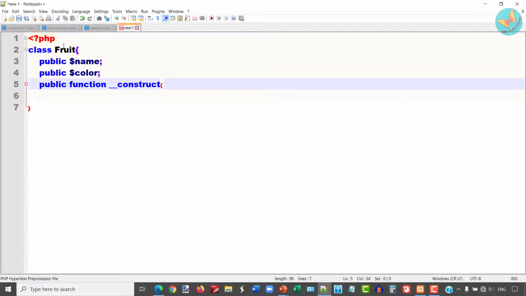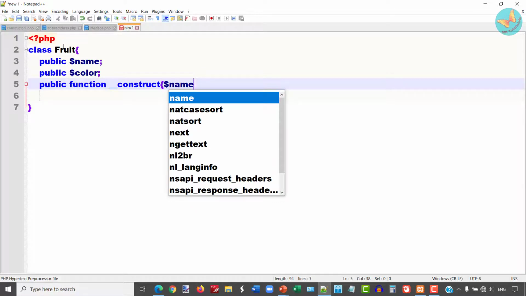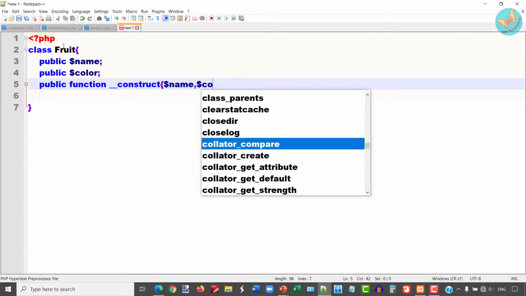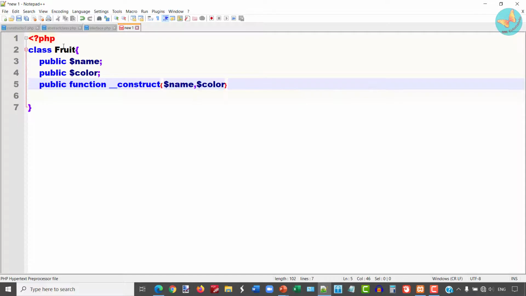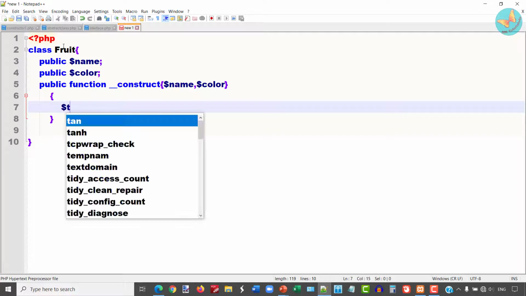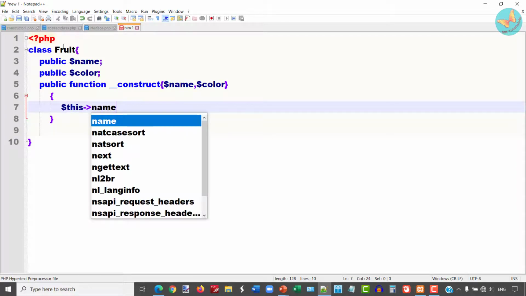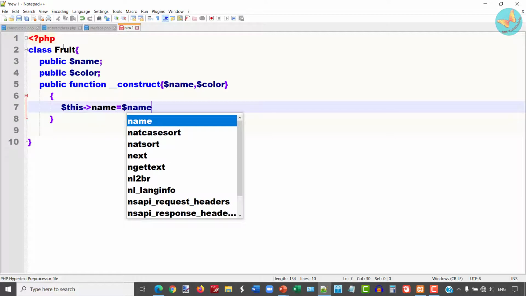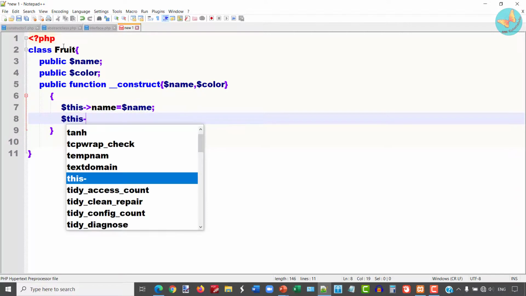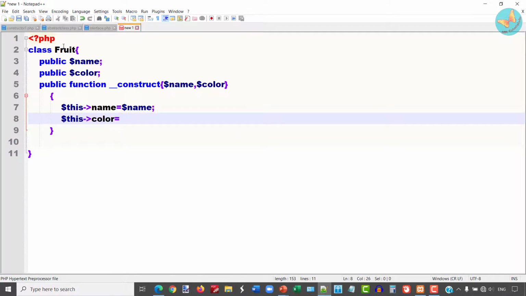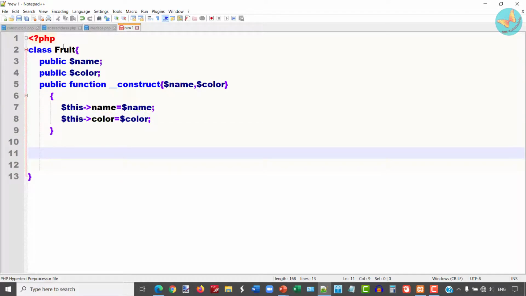If you have not seen my constructor tutorial, please see it. I'll declare name and color, and within this I'm going to initialize this name equals $name, this color equals $color.